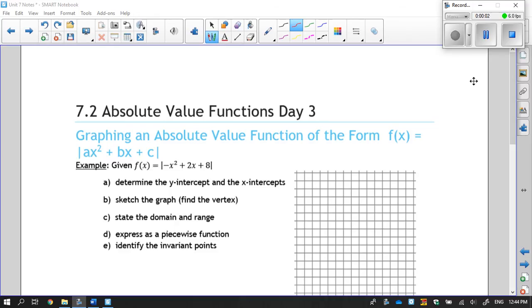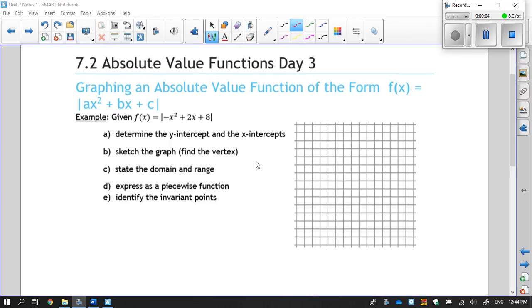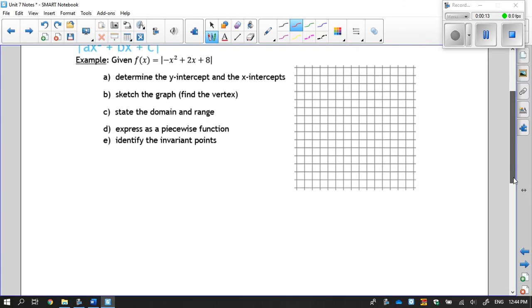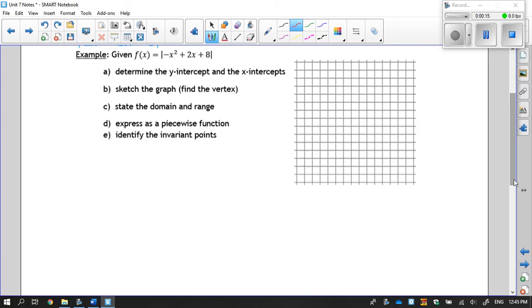So this is absolute functions day 3. We are now going to focus on graphing absolute value quadratic functions. So determine the y-intercept, the x-intercepts, and the vertex every time. This is just like in past units, so that doesn't get to change. So if we look at this function,